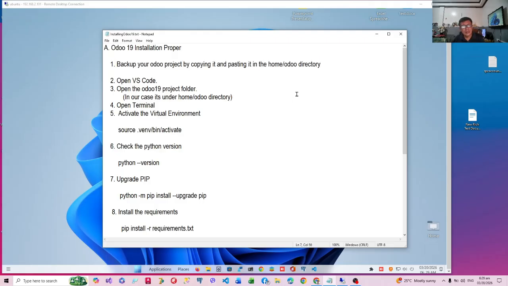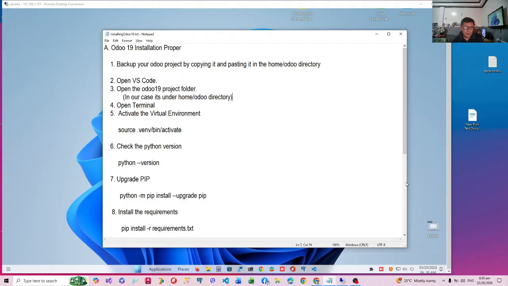Okay. Now, it's very important that since we have the boilerplate Odoo installation ready, we back up our Odoo project to the same home Odoo directory. Why do we need to do that? Because sometimes during the installation process or the development process, we can come across serious errors that we cannot recover from. We do not have to recreate everything. We just restore our boilerplate backup and then start the installation again without having to redo everything from scratch. So let us do that.